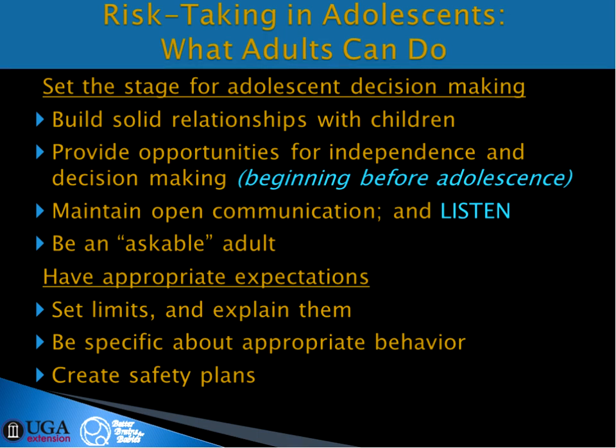Having appropriate expectations for adolescents, setting those limits, enforcing them, and explaining them. With adolescents, my way or the highway is not the way to go. It's important to explain to them, why is it that this is a rule? Why is it that girls and boys can't go into each other's cabins at camp, for example? Explaining why it is, being specific about what is appropriate,